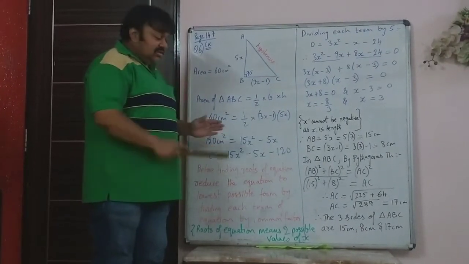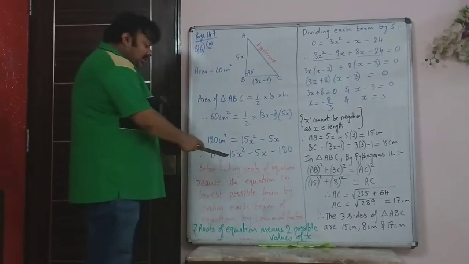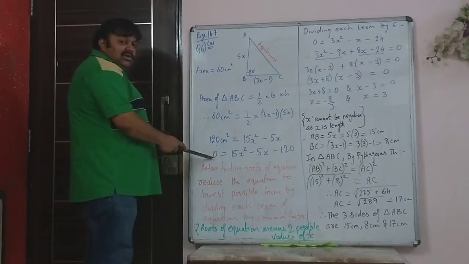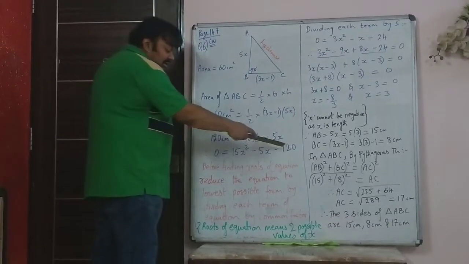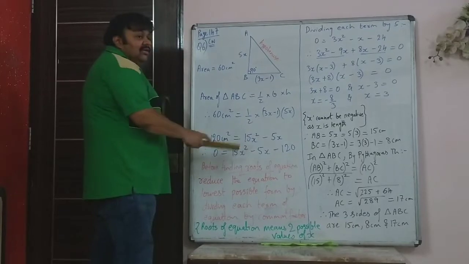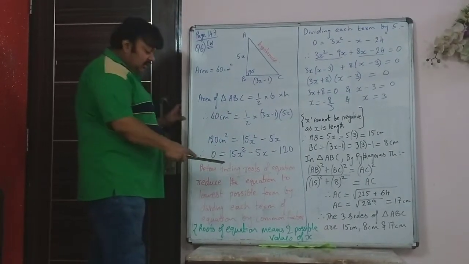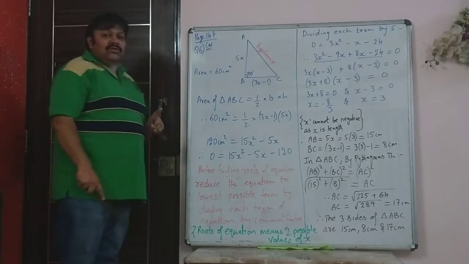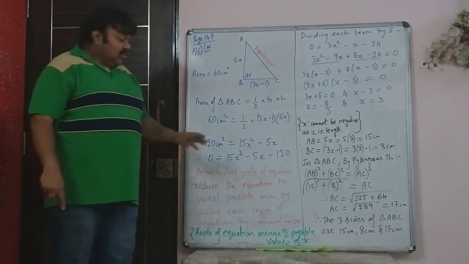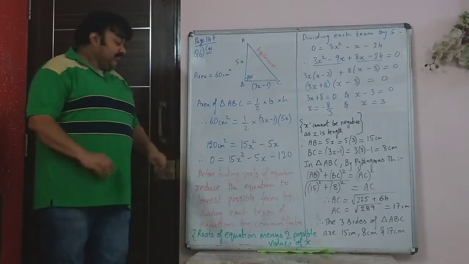But now, since this is the answer for this sum, we are finding x, and therefore we have written this is equal to 0. So, in order to find the values of x, because it's a second degree equation, there will be two answers for x. And those two answers of x are called roots of the equation. Roots, R-O-O-T-S. Roots of the equation means solutions of x, the unknown.